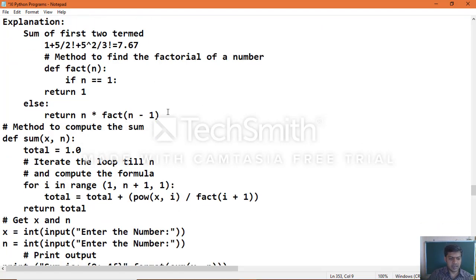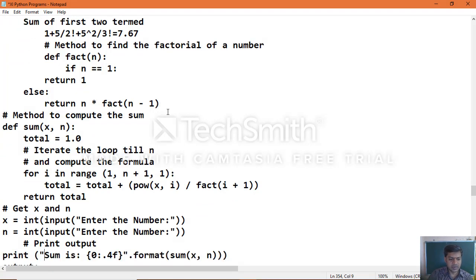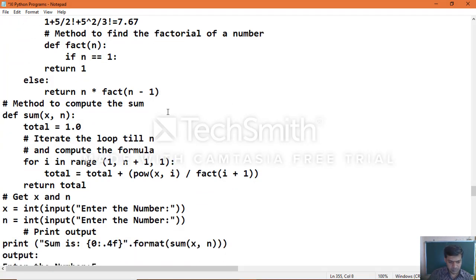So x and n values we will be getting from the user input. Then print sum is. This is like a slice which we applied for the format function. Dot 4f is for the format function, which takes up to 4 digits of that sum value, rounded up to 4 digits.